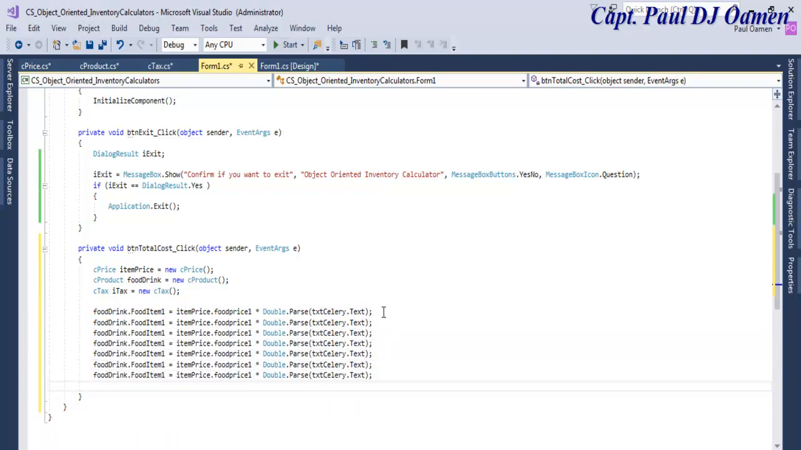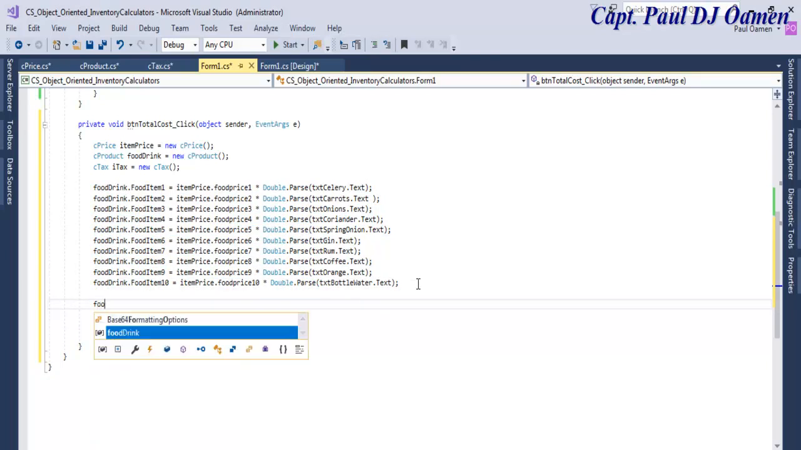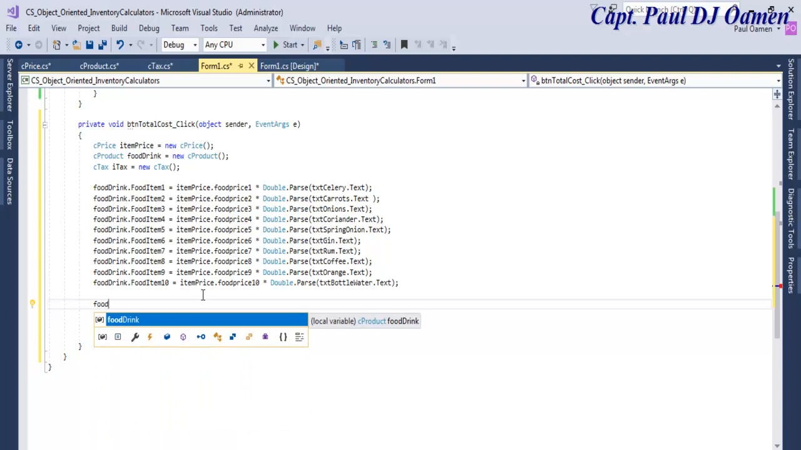We need 10 of those for the food. Okay, I'm going to speed that up. Okay guys, the food is all ready. So let's take care of the one I call drinks. So that'll be food drinks